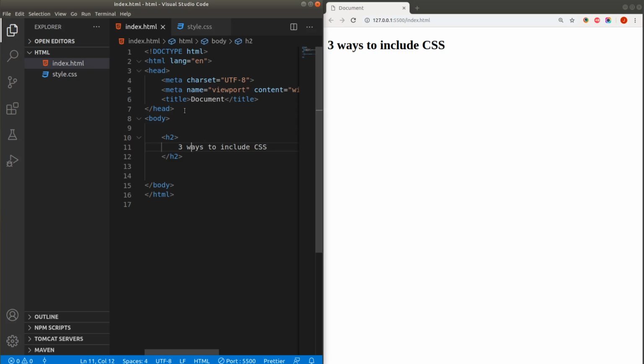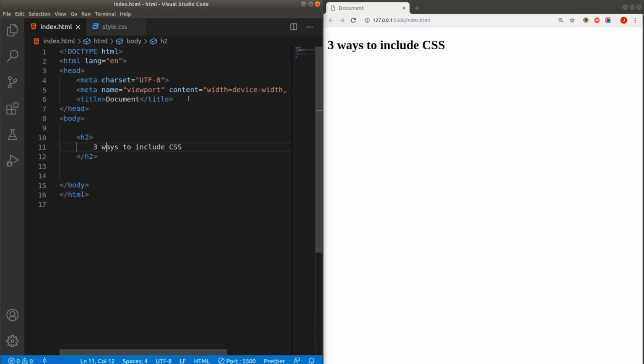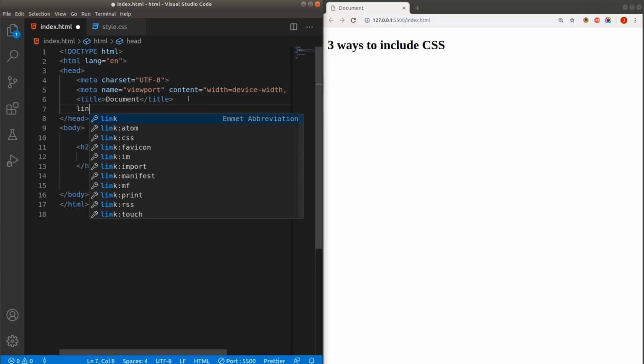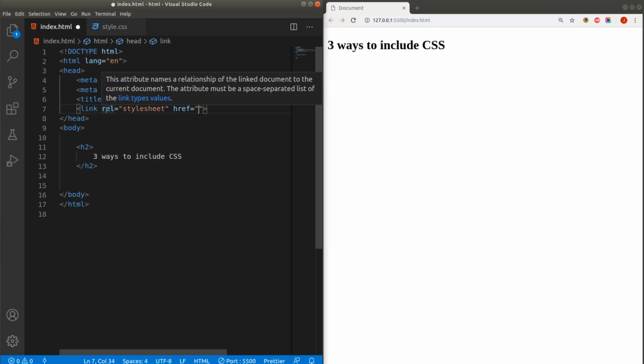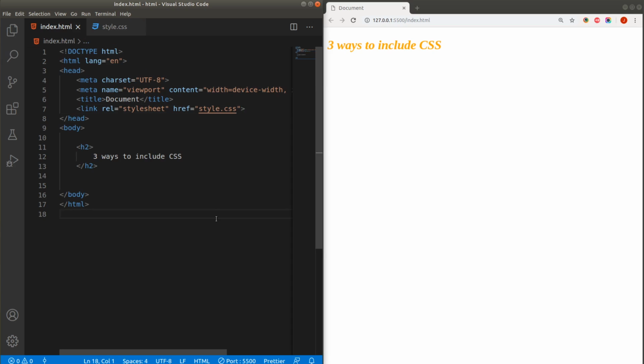So how can we tell our web page that styles are declared in style.css? For that, we need to include that style sheet in our web page, and to include that style sheet in our web page, we need to use link. Here you have to specify rel equal to stylesheet, and for the href attribute, you need to specify the location of your CSS file. Look, I am getting IntelliSense again. I will press enter, and after saving the changes, just take a look at this heading. And look, we have the nice style applied to the heading again. This approach is called using external CSS, and for all the corporate big projects, we always use external CSS so that we can use the same CSS in all the web pages.